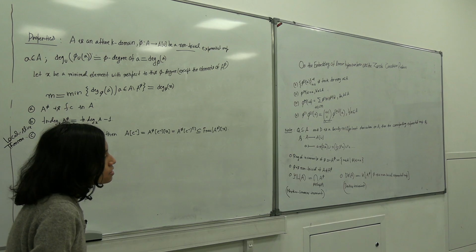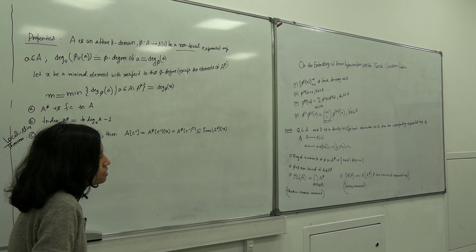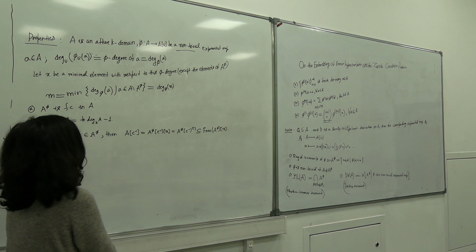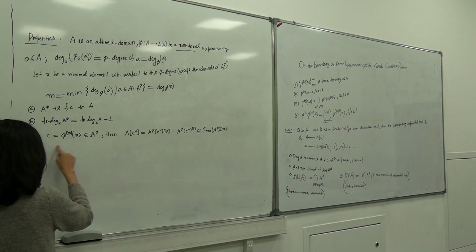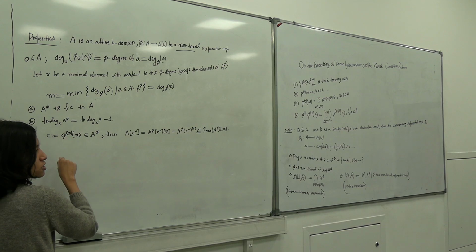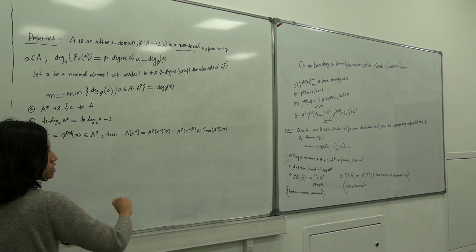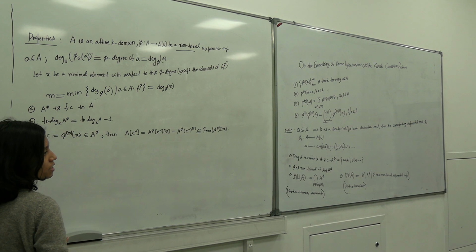Give an example that this m, the minimal degree, is bigger than 1. We can make it 1 actually. We will write the next step. We will make it 1. Given any exponential map, we will do something to the exponential map, and then we will get another new exponential map for which we can assume m to be 1.